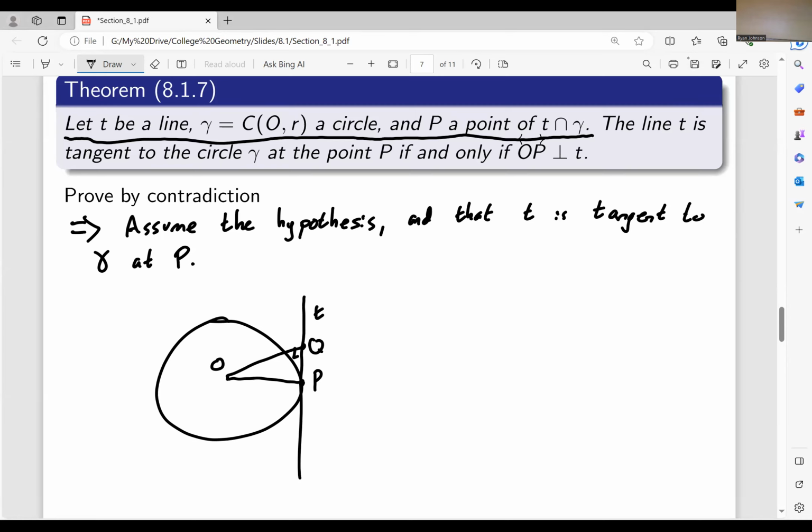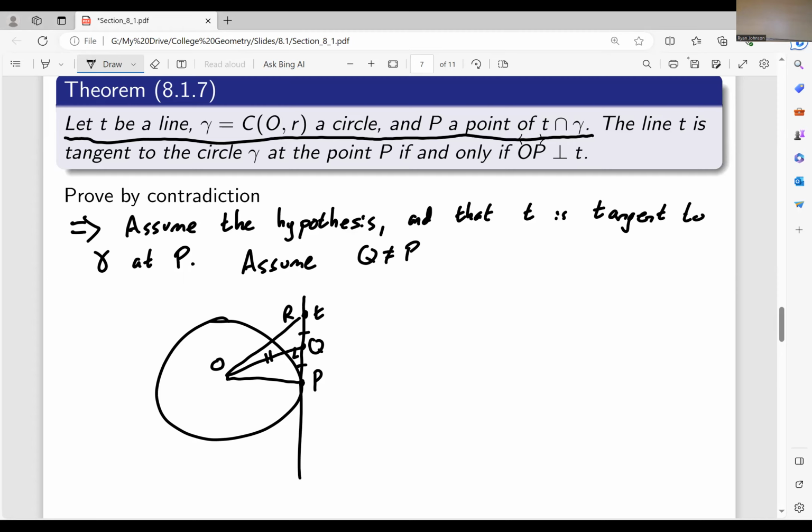So if we assume Q is not equal to P, then I can create the point, I can measure that distance and create the point on the other side of Q and call it R. And then I can do that. Well, then I've got